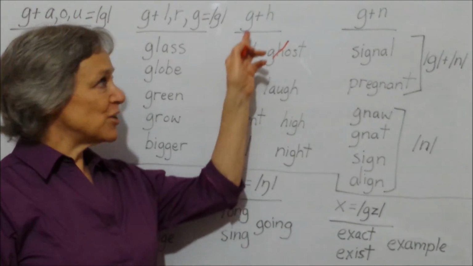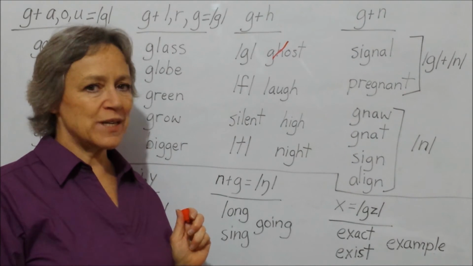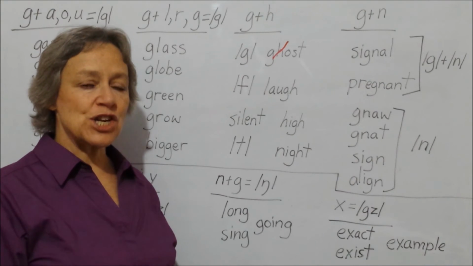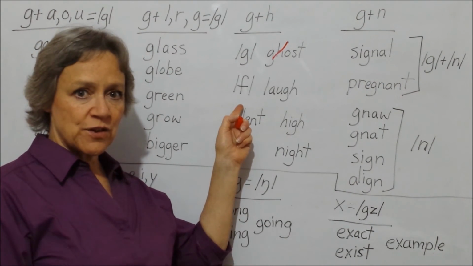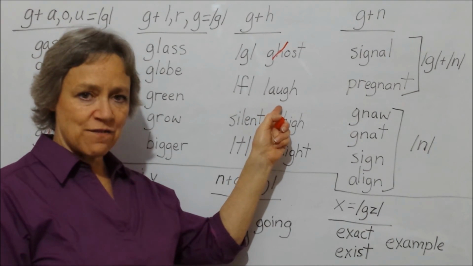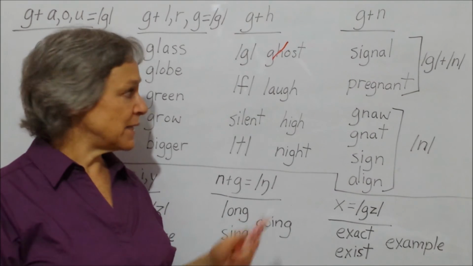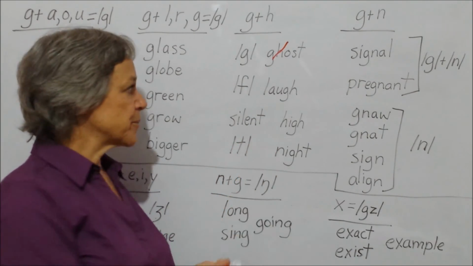But the letter G plus H at the end of a word usually does not make the G sound. G plus H at the end of a word can make F, as in the word laugh, or G plus H can be silent, as in the word high,